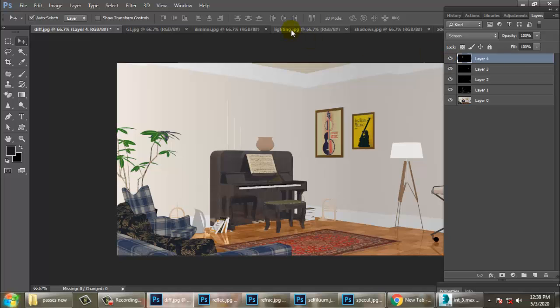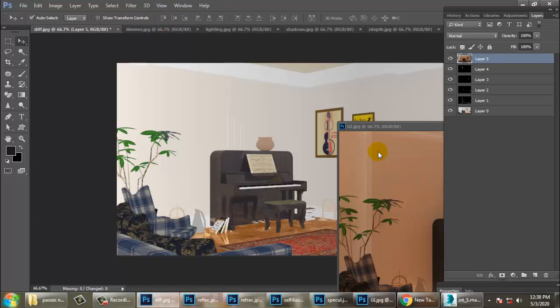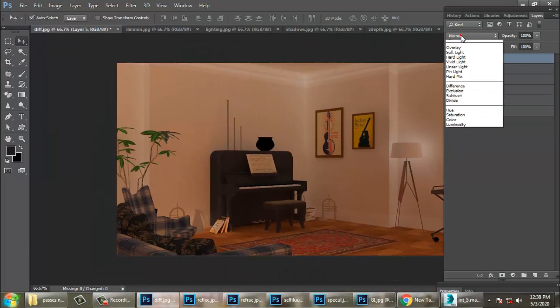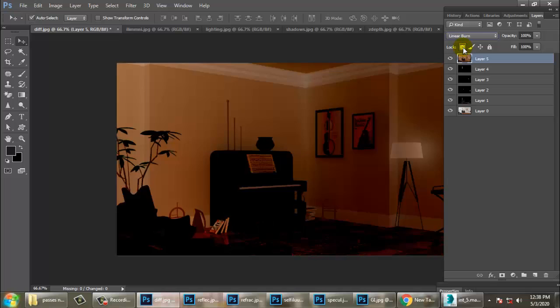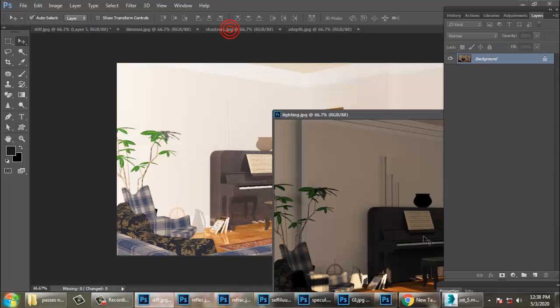After that, you have the global illumination pass, and the lighting pass.